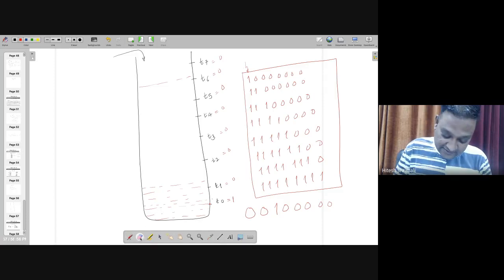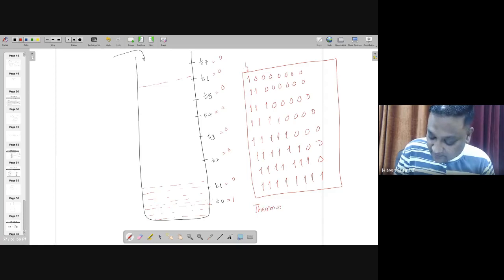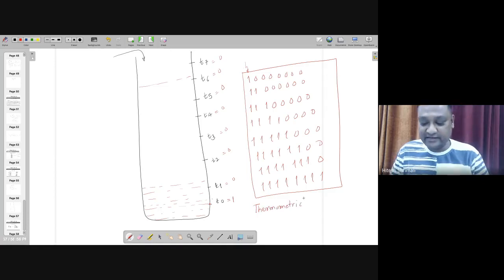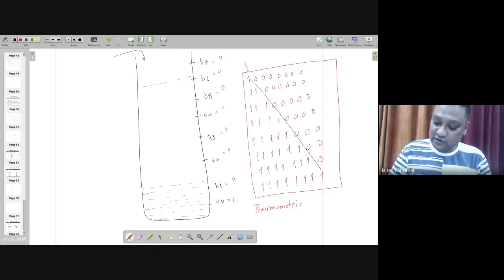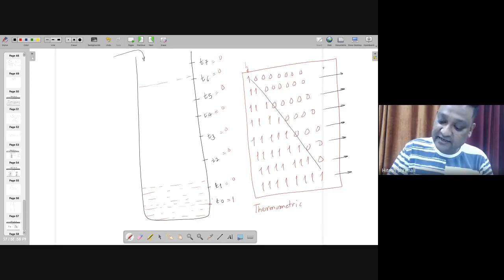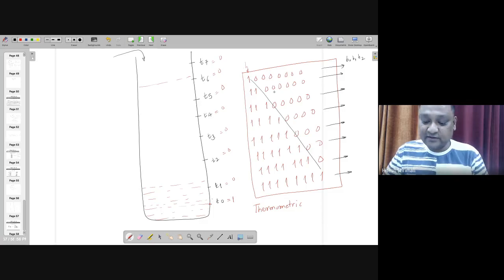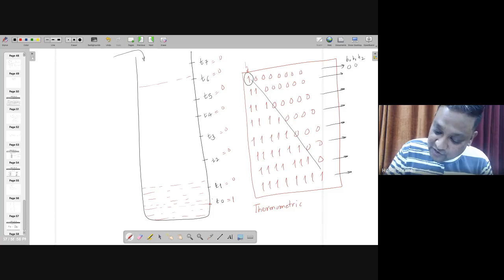By the way, when we are increasing this, such kind of output is known as thermometric. The way a thermometer is increasing the liquid, the 1 and 0 is going to get increased, and here you can see that it's diagonally increasing, right? And there are 8 combinations, means I can create 3 different bits which are binary from these 8 combinations. So I can create B0, B1, B2 from here, with the fact that, look, the 0th bit has become 1. I am going to call that one as 0, 0, 0.